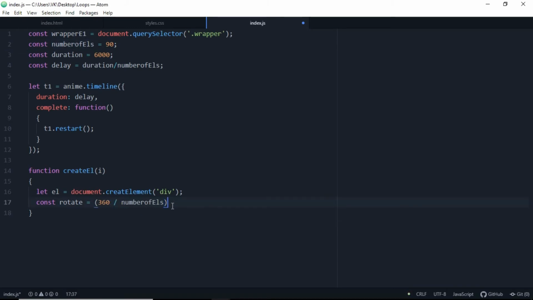Number of ELs is basically 90 divided by 360 into I. So hit enter and declare another constant, which is translateY is equal to, let's add -50 here, and hit enter, and constant hue is equal to